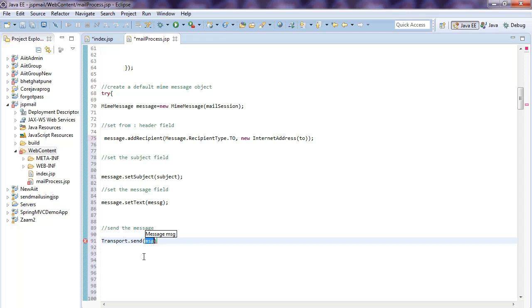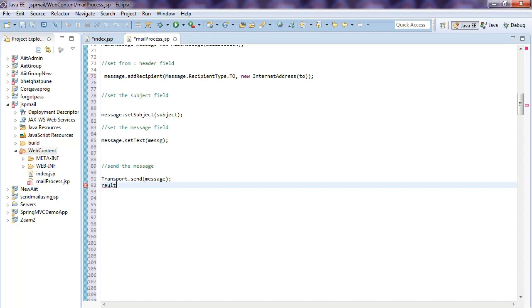What is the message? The message is an object of the MIME class. Result equals mail sent successfully.